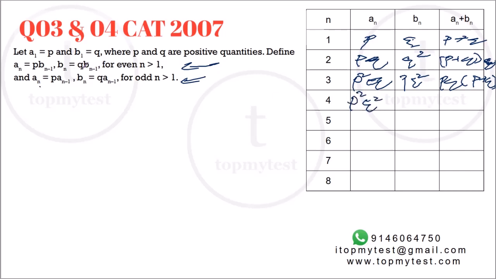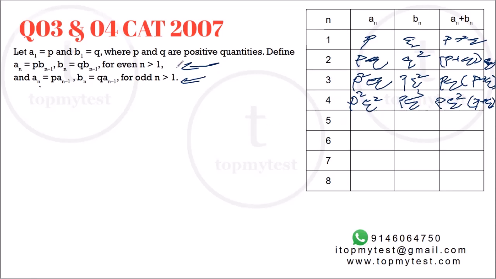And q will be q times the previous b term. Q times the previous b term will be pq cube. Right, if I take pq square common, it will be p plus q. Right, let's do it one more time just to get a trend. Then we can actually answer that pretty easily.